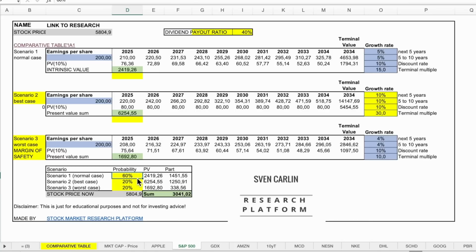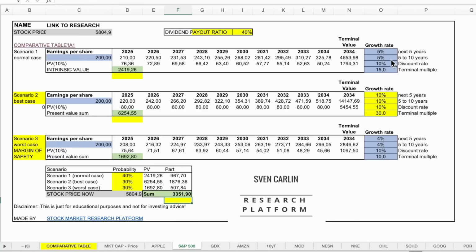Let's put the probabilities here in check. And what's the probability of the normal case? For me, I think the normal case can happen in 40% of situations. The best case, very unlikely, but we are in a crazy world. So let's put 30 and 30. And the present value for our S&P 500, expecting a 10% return, would be